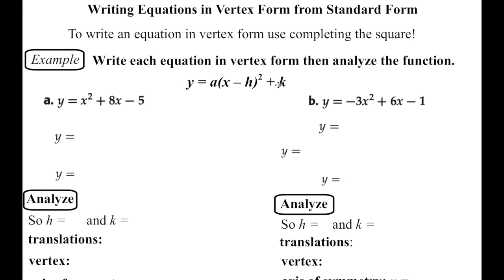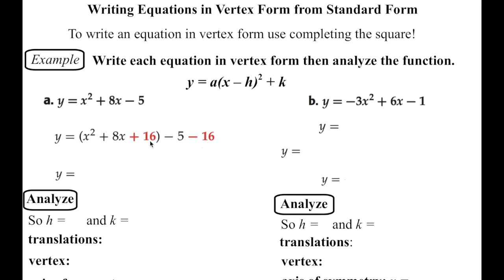This is our goal. This is the vertex form on this slide. And I've given you two equations that are in standard form. So the very first thing we want to do is complete the square on this. I'm just going to move the 5 out, and then take half of your linear term and square it. On one side, you're going to add it, and then you're going to subtract it on the other side. We're keeping this number on the same side of the equal sign, and that's why we're adding it and subtracting